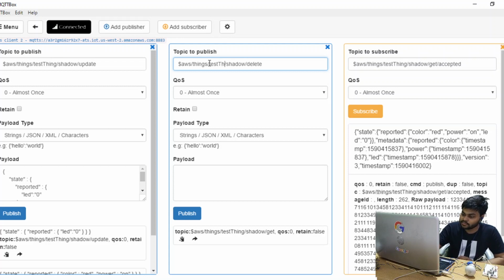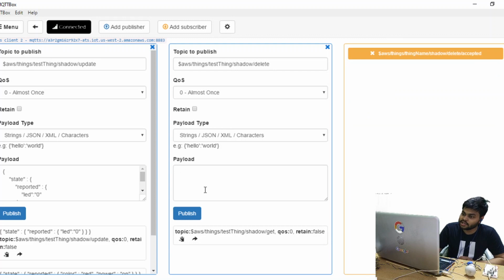Test thing shadow delete, payload nothing. And before that, the same one with accepted, slash accepted. So subscribe to it. And as we get to clear, let's publish some message here.